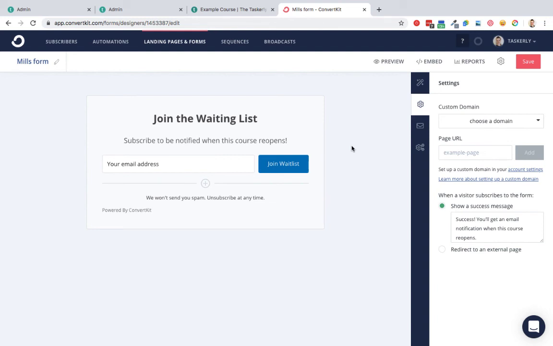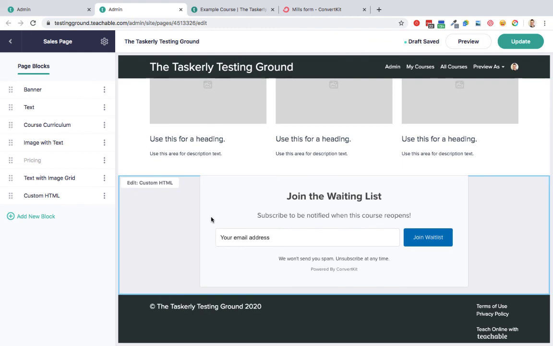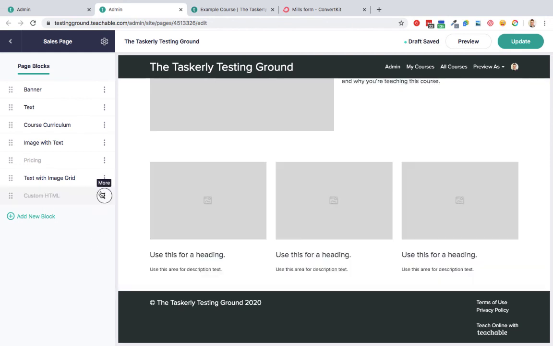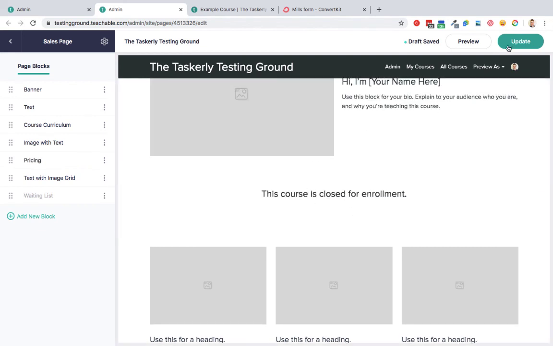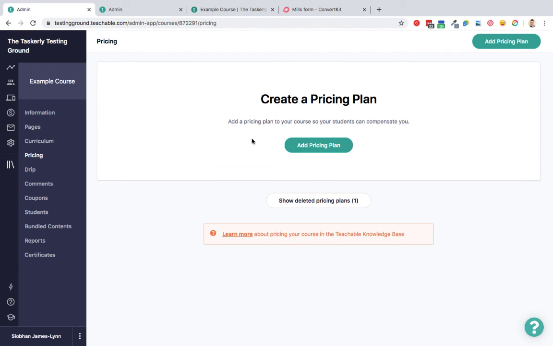And then in future, if you want to reopen enrollment, you'd email them, and then you'd head back to this page, and all you need to do is delete your waiting list, or if you know that you're going to want to use it again in future, you could just hide it as well. I'd also recommend renaming it, actually, if I go waiting list, just so you know what's what on that. And then you would unhide your pricing. So it says it's closed at the moment, and all we'd need to do then is